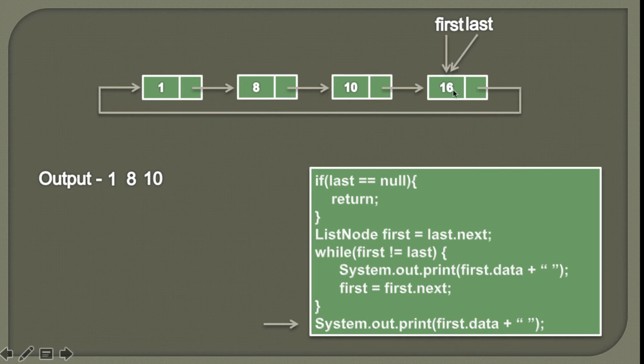Therefore we have reached this node but we haven't printed the data for this last element. So in the last step we'll simply print the data associated with this fourth node. So when we print the data associated with fourth node, we are sure that we have traversed all the nodes and we have printed the data associated with the respective nodes. So friends, we saw the demonstration of the algorithm. Now let's move to Eclipse and see the working of the code.